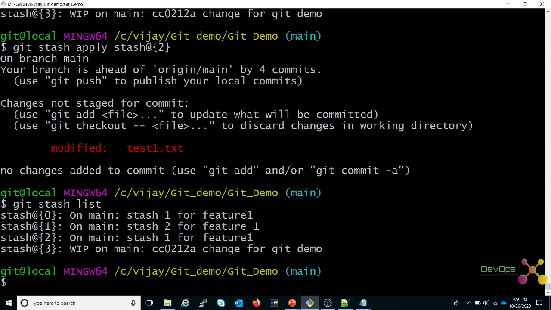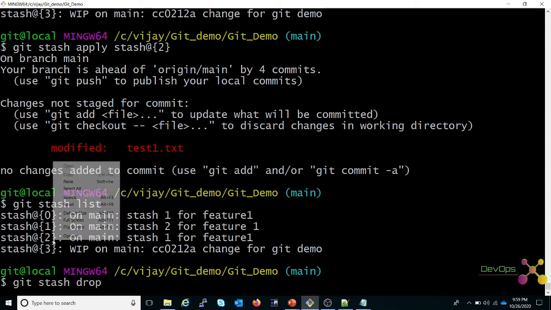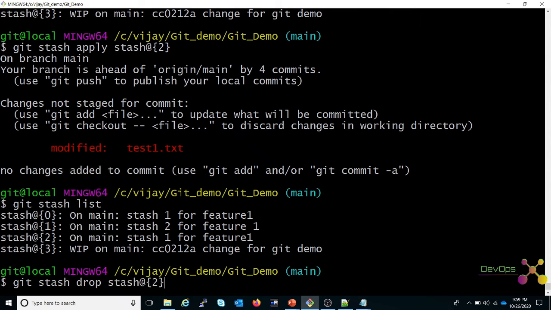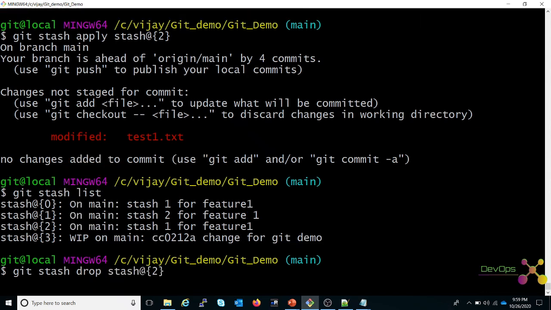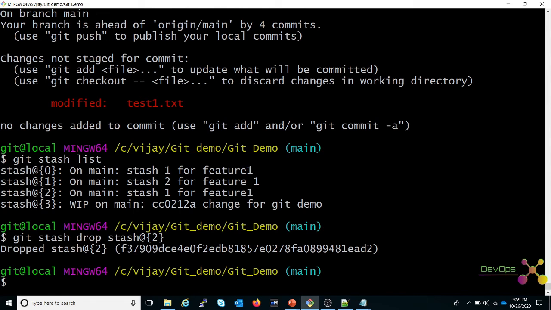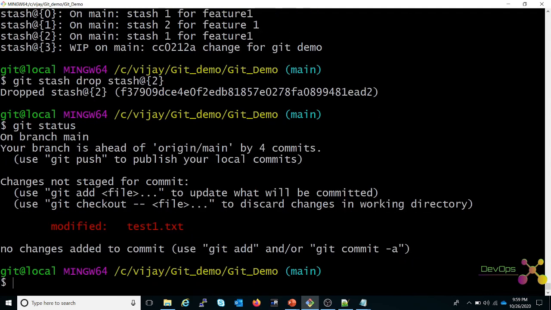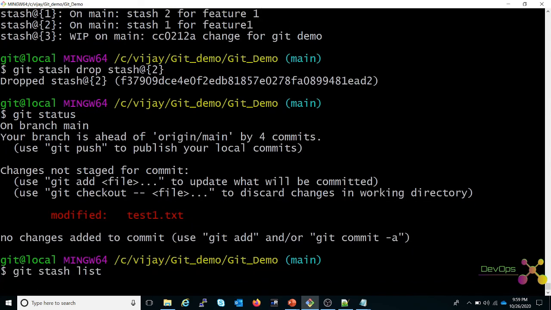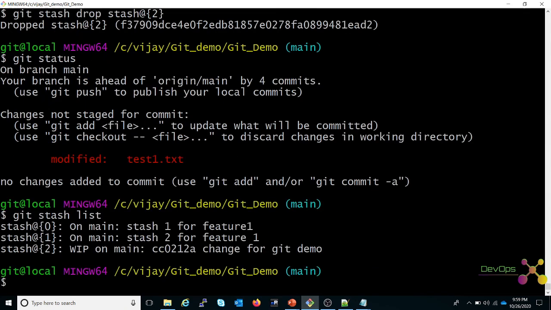So for removing from the list, you have to use the command git stash drop. Git stash drop will drop that particular change. Git status, you can see the changes here. Git stash list, your change has gone from the list.